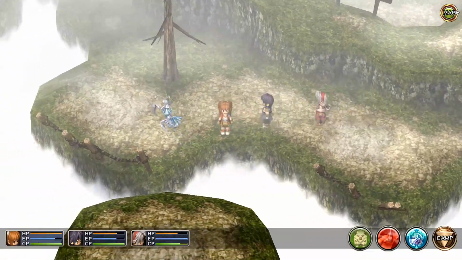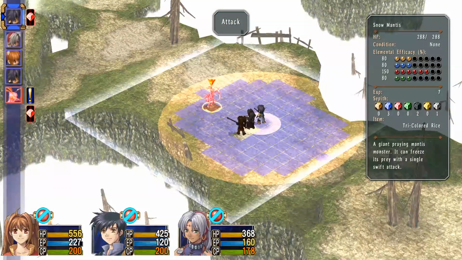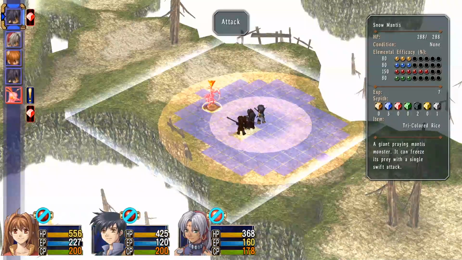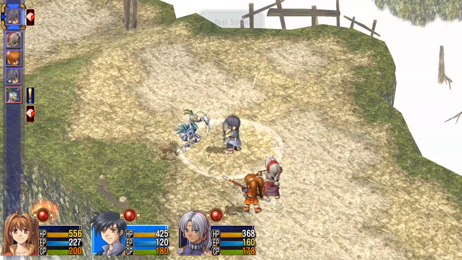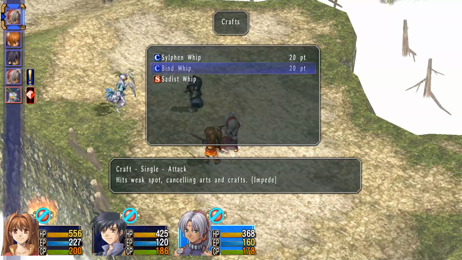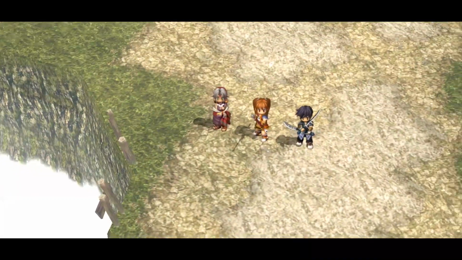And there's another new enemy. A praying mantis. And a rather fabulous one, looking at that. Snow mantis. Resistant to everything except fire, and it's a giant praying mantis monster that can freeze its prey with a single swift attack. Yeah, what else is new? An enemy in the Nebel Valley that can freeze you? Well, it died quickly enough, so...